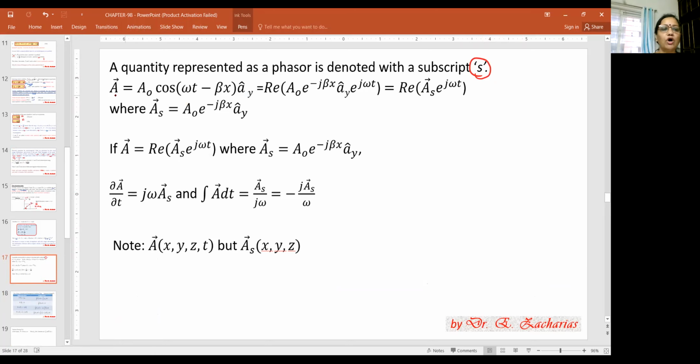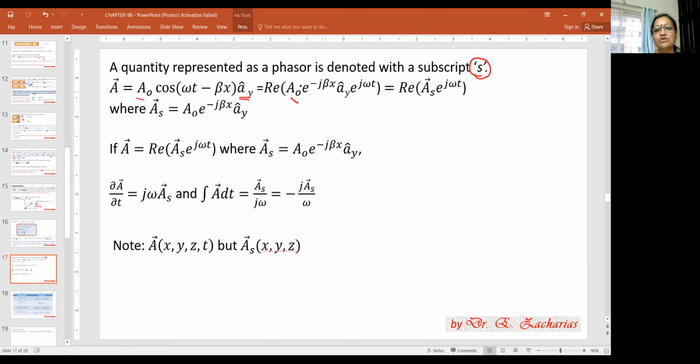So you have your normal representation. Vector A is some a naught cos omega t minus beta x along the a y cap direction. Now this is a cosine function. A cosine function can be written as a real part of an exponential. You know this, cos theta plus j sin theta. So you write it as real part of a naught, then you can write it as e to the power of